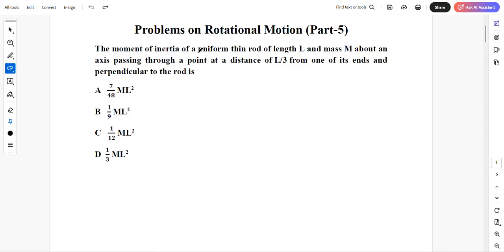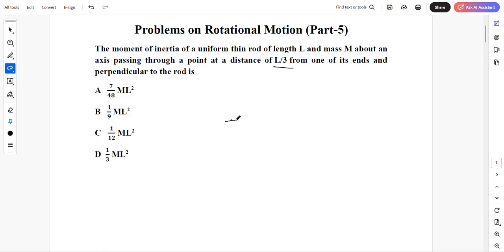Today we will be seeing some important problems on the chapter rotational motion. This is part 5 of the video. This is the first problem. The moment of inertia of a uniform thin rod of length L and mass m about an axis passing through a point at a distance L by 3 from one of its ends and perpendicular to the rod is,